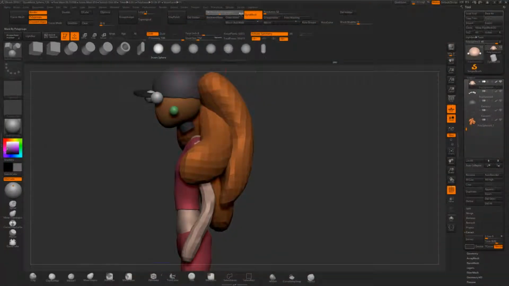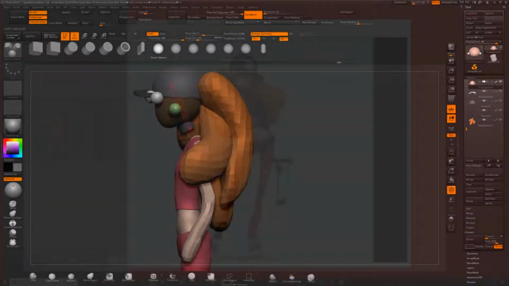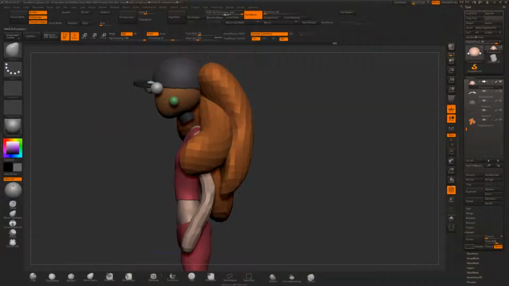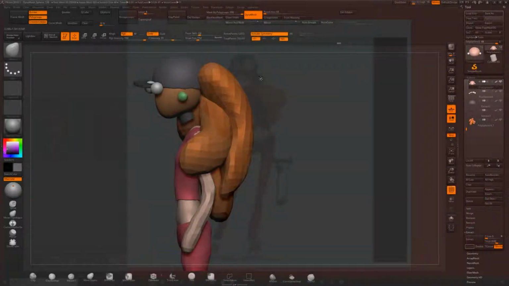I'm gonna choose mask by polygroups. So oops, I'm gonna take the brush and then choose mask by polygroups. And now I can only,